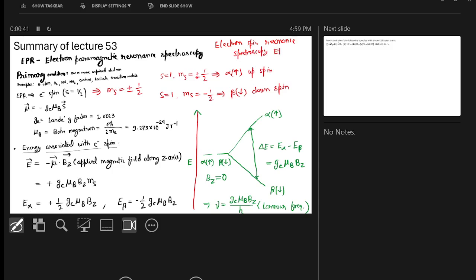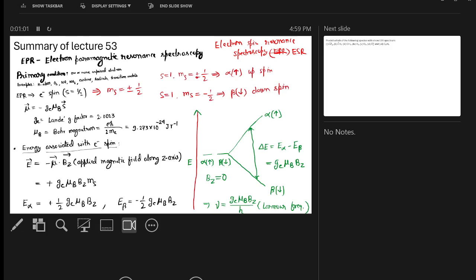You can say EPR also instead of ESR. Okay. So the primary condition for ESR spectroscopy is the molecule or ion or any species must have one